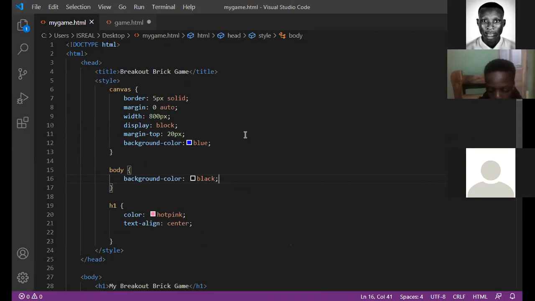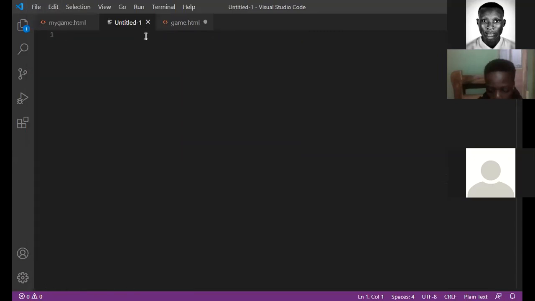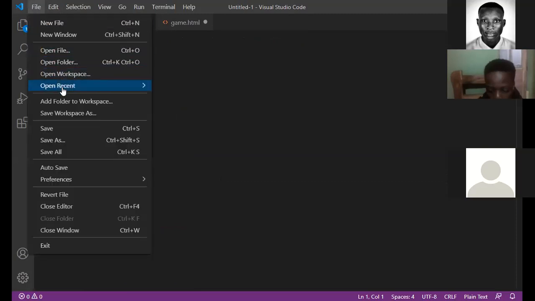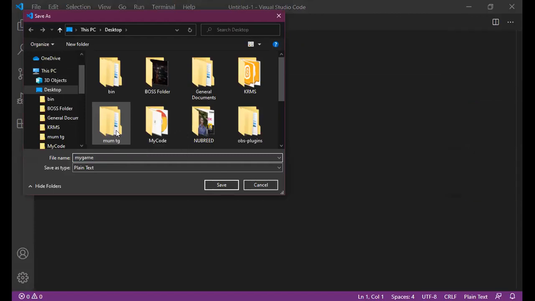Once you open it, you usually get a welcome page showing you updates and all that. What you want to do is click on File, then go to New File, and then you have a fresh file. It will be titled Untitled 1. I told you that there are 2 ways of doing this, but for ease of use, before you start writing anything, just save this file first. So you click on Save and you name it My Game. That was what we did yesterday. And then you always use